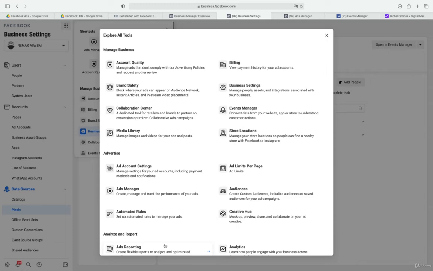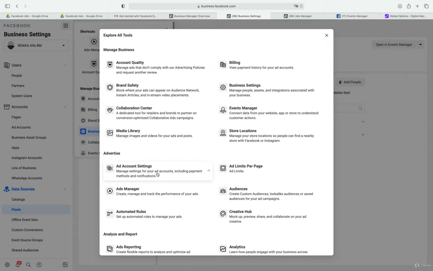I'm going to show you what's the most important, what we are going to use, so you understand how to use the most important, because many of these are really clear. You need to go to Ads Manager to create ads. What I would love to talk a little bit more about is ad account settings,